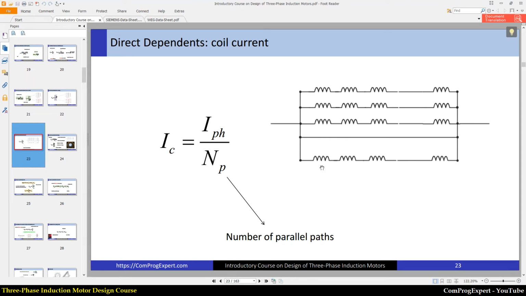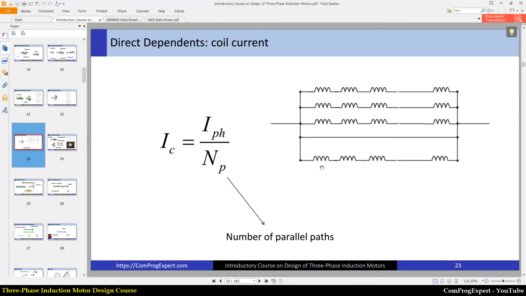If we don't use parallel paths, the value of current in each strand, in each conductor will be high. So we have two options. We can increase the number of strands, or we can increase the number of parallel paths. Sometimes when the input voltage is low, the terminal current is high, and we should distribute this current into parallel branches to be able to reduce the wire size and use a logical wire size